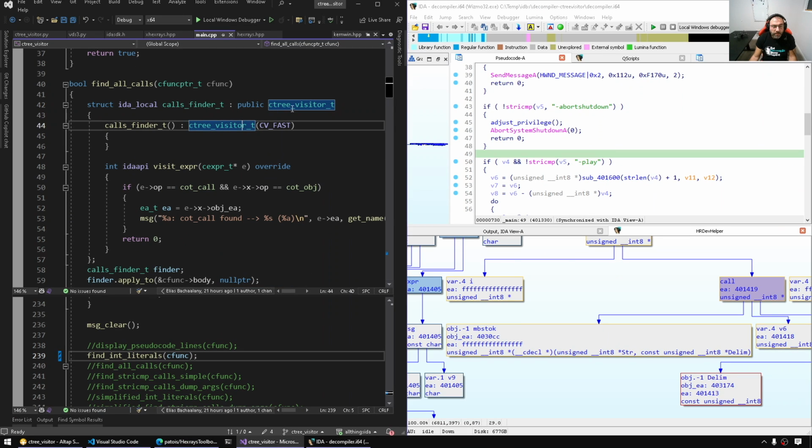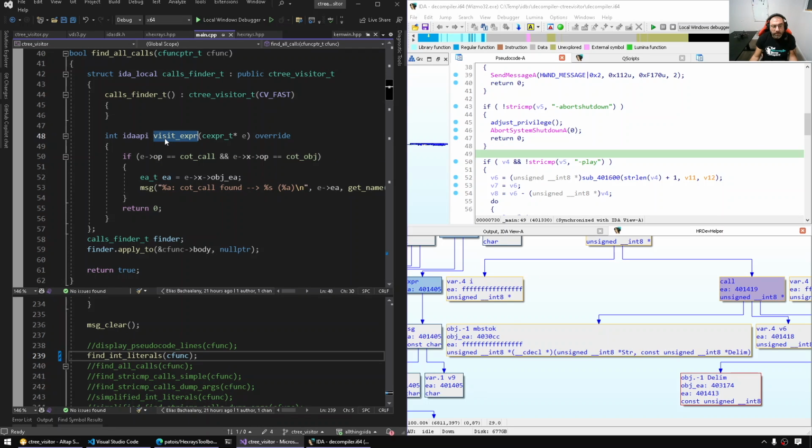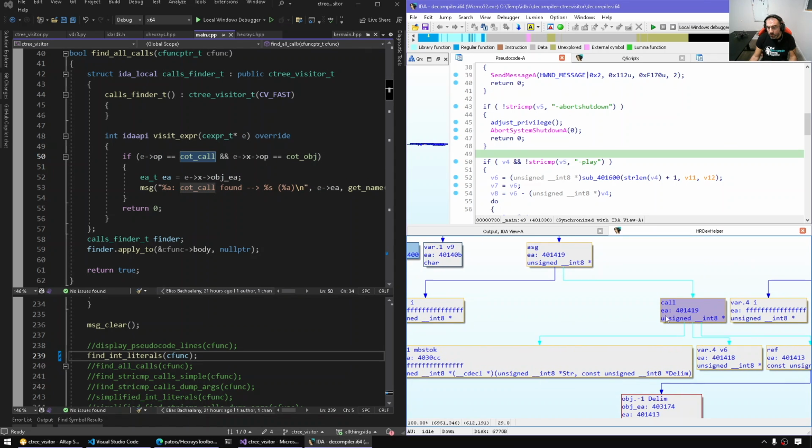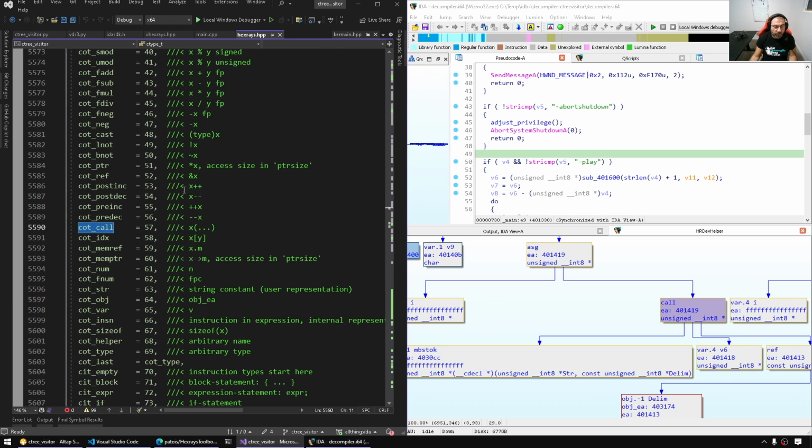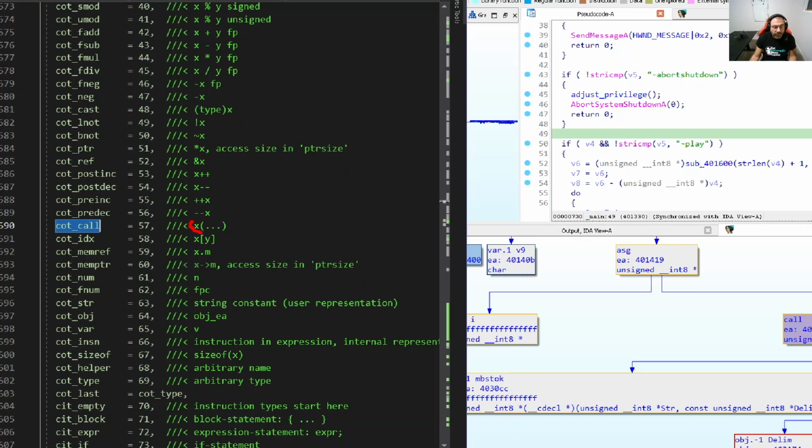So first I subclass the C3 visitor and then the same stuff here, and simply put my visit expression, since the calls are expressions, and my condition is going to be that node is of type call. For example, this is a call, so COT call, and what is being called is in the expression field X. So here if we follow it as well, the COT call tells us you should be accessing the field X in the expression, and those dot dot dot mean the optional arguments